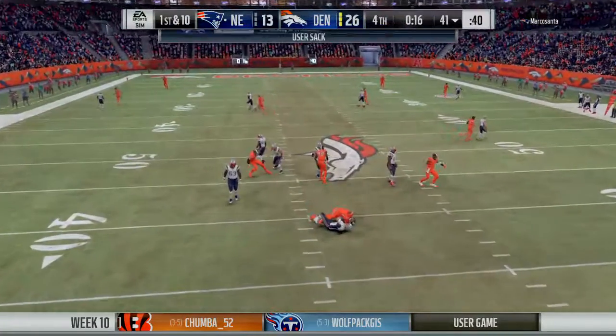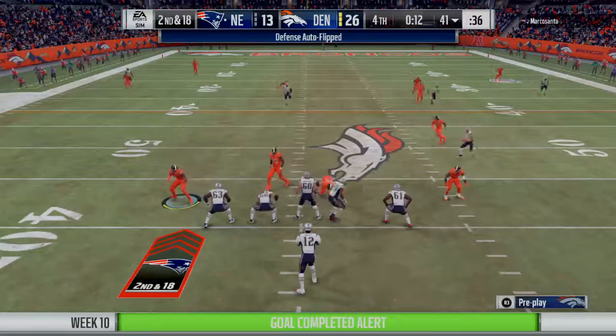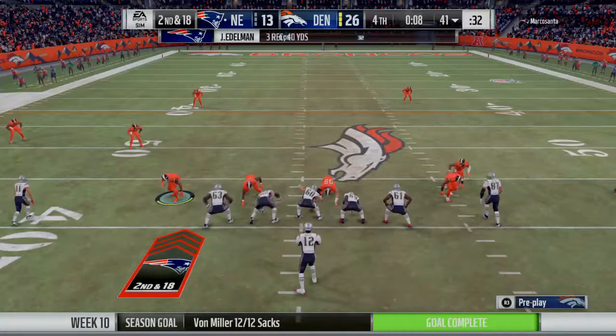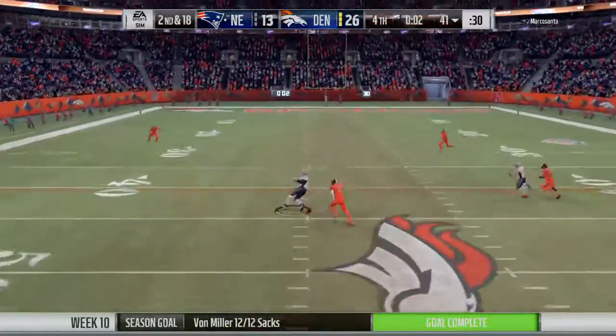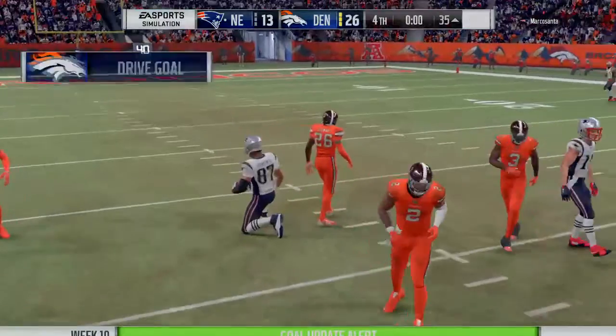And no escaping this time as he'll go down. They got him for a sack. Von Miller in there to take him down, and the clock will roll. One final try now for Brady. Gronkowski's got it on the crossing route. And he's going to get this down to the